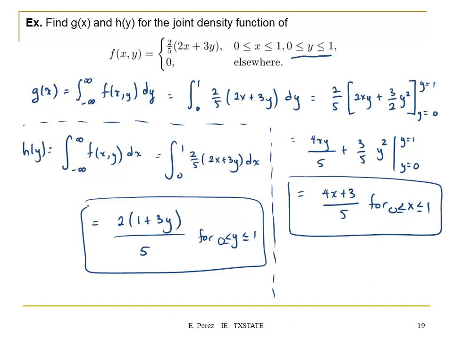So for the discrete, you sum. For the continuous, you integrate. You can get an expression for the marginal distribution for the continuous case. So if you substitute x equals 0, your probability is going to be 3 over 5 of having 0. If you substitute 1, probability of having 1 would be 4 times 1 plus 3, so